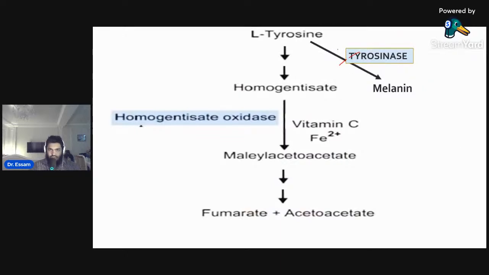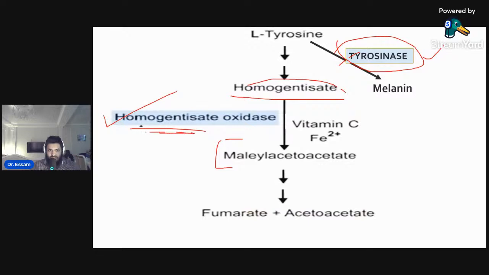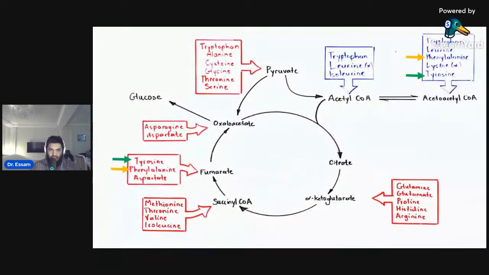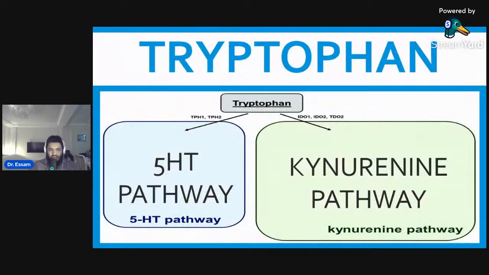And we also discussed that for the conversion of tyrosine to melanin, we need the enzyme tyrosinase. And for the conversion of homogentisate to maleylacetoacetate, we need the enzyme homogentisate oxidase. Okay. So related to these enzymes also, we are going to see diseases today. ठीक है, आज इन एंजाइम्स की कमी की वजह से कौन सी डिजीज होती है उसके बारे में भी पढ़ेंगे. और उससे पहले हम अब ट्रिप्टोफैन मेटाबॉलिज्म, let's go towards tryptophan metabolism.